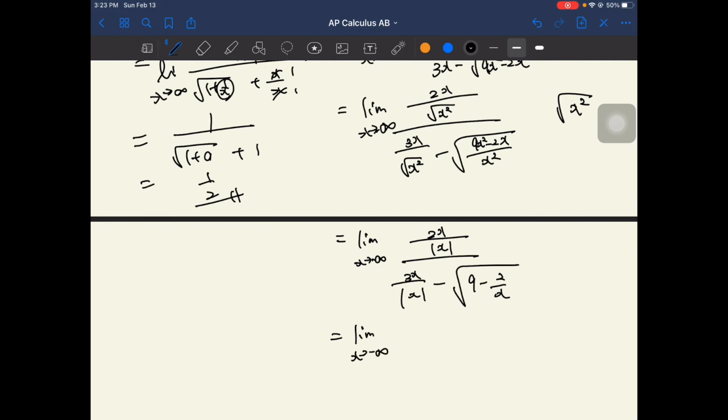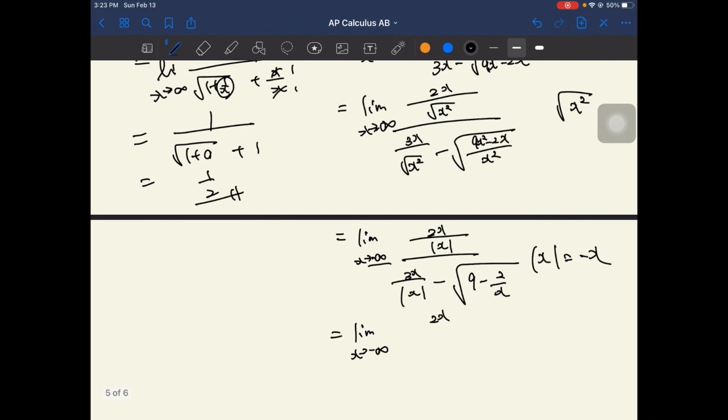Then this time you have to be careful. The x value is negative, so negative absolute value of x is going to be negative x. So give me a second. This one is going to be negative x, so it's going to be negative 2 over, this one is negative 3 because it's going to be negative x,